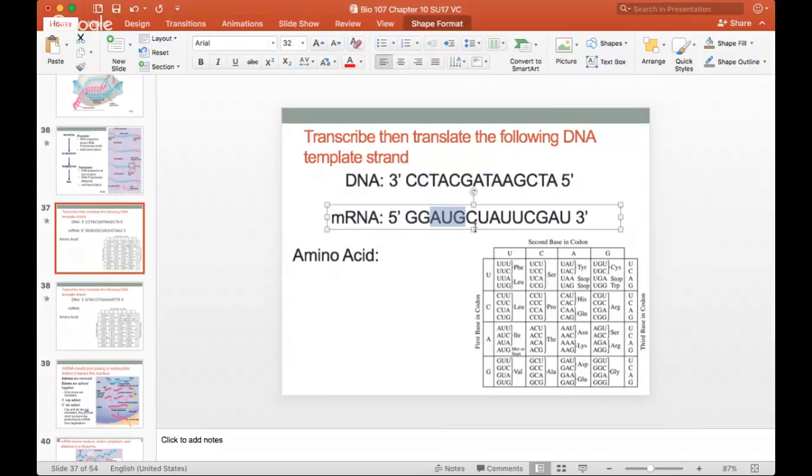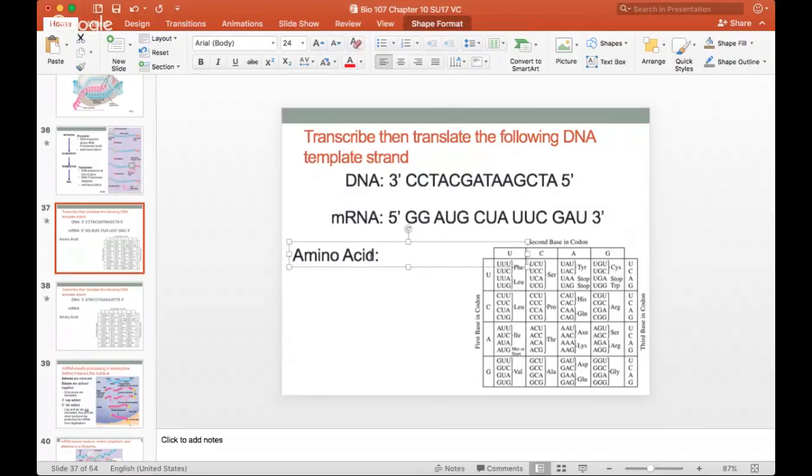This is always going to be your start codon, and we're always going to put it somewhere close to the start of the mRNA. So our AUG is going to be our start codon. I'm going to space that out so we know this is one of our codons right here. And then we know every 3 letters after that is also going to be a codon. So we have CUA, and then we have UUC, and then we have GAU,